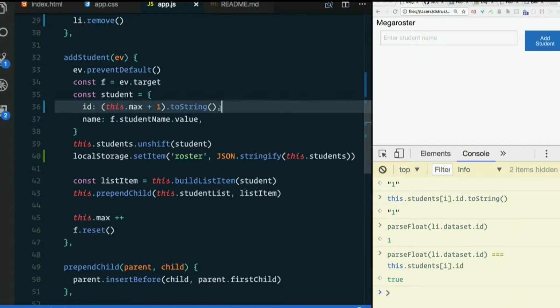So we could decide to just make IDs a string. We could decide to turn them into strings before we compare them. We could decide to just use double equal. I don't like relying on double equal just because it's counting on a side effect. And that just sort of feels wrong on some level. It is certainly the easiest way to do this. Not that these others are particularly hard, but